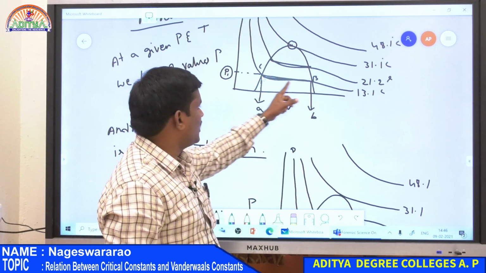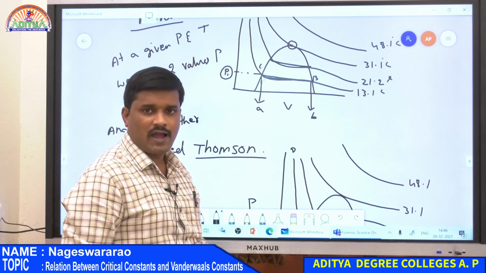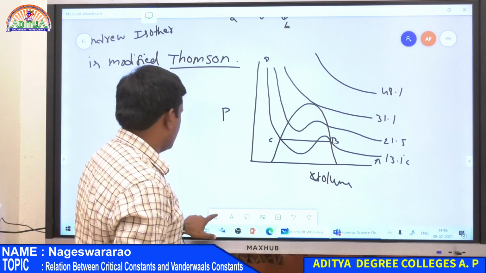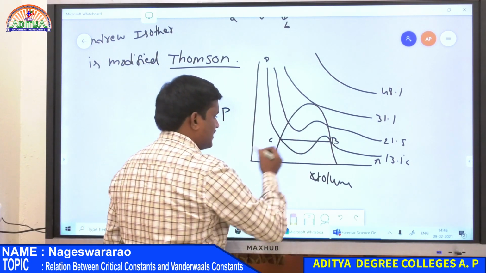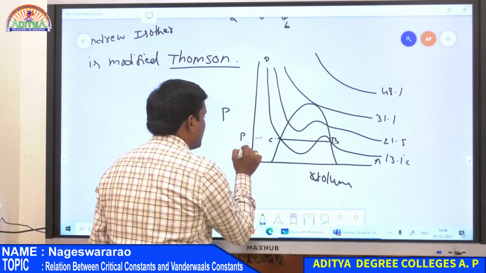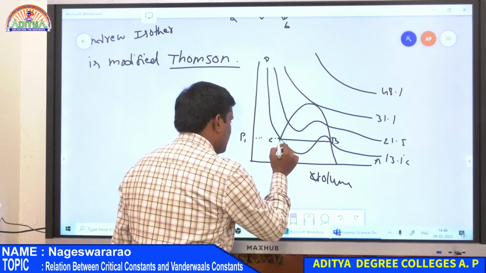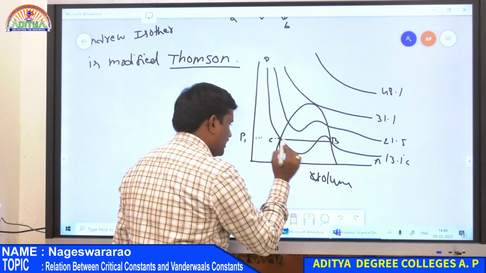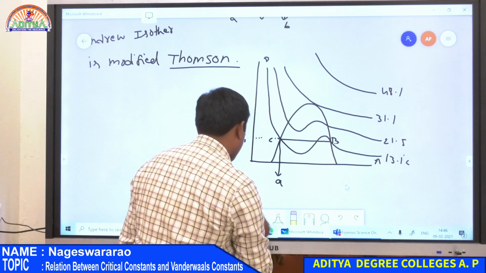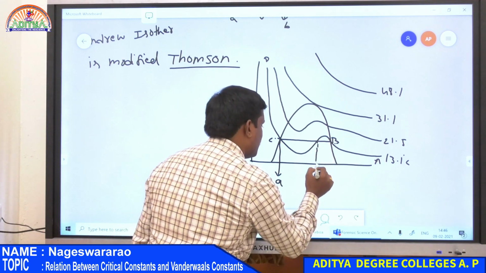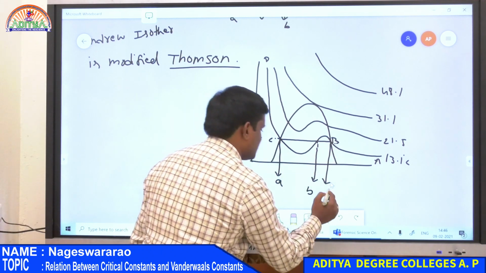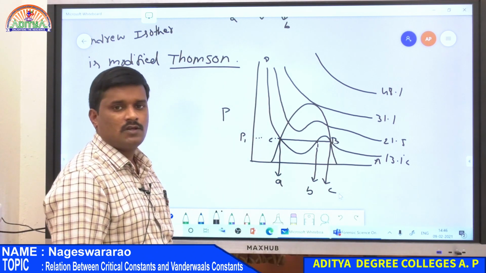Therefore for this pressure we have only two volumes in the case of Andrews, but in the case of Thomson's isotherm, look at the graph. So this is B and C, but for the same pressure value, this P1, we have three volumes. So one is denoted as A, and this is B. So this is the corresponding volume B, and also we have one more volume corresponding to the same pressure, we have C. So what does it mean?